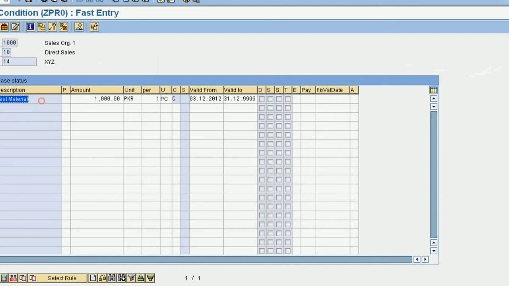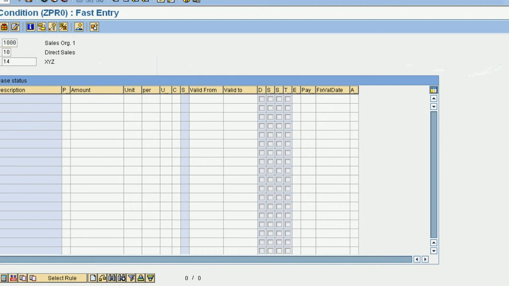Material 5 is my test material, which is 1000 rupees per piece, valid from 3rd December till so on. I am going to press the save button. I have maintained a condition record for this customer.